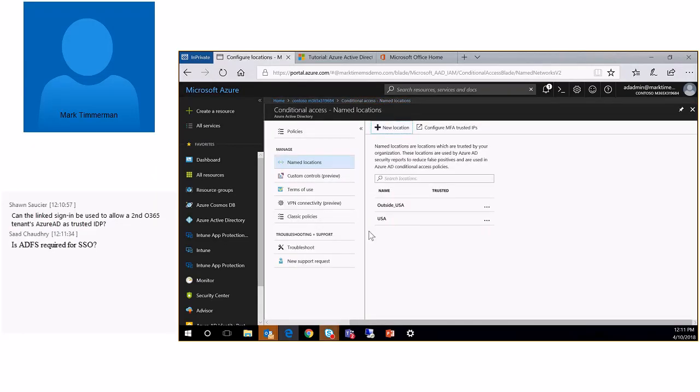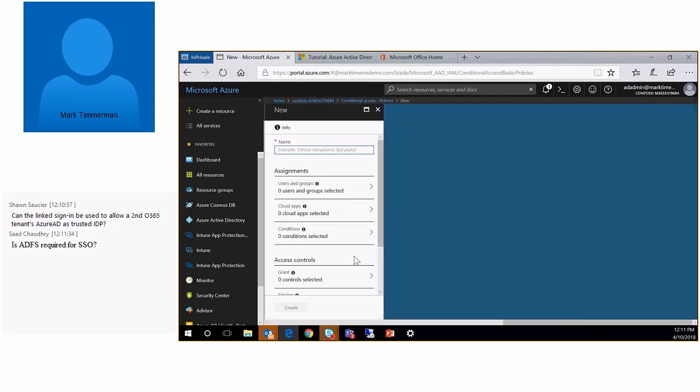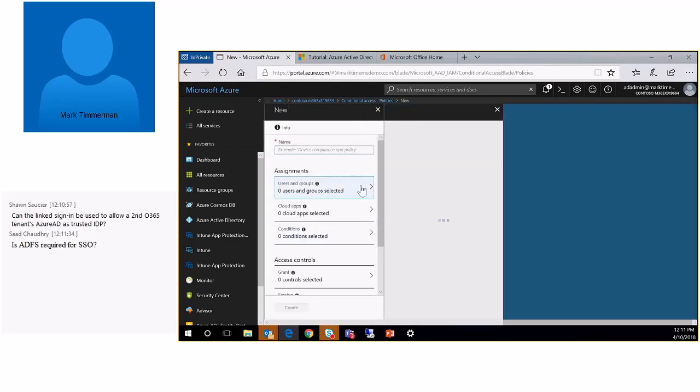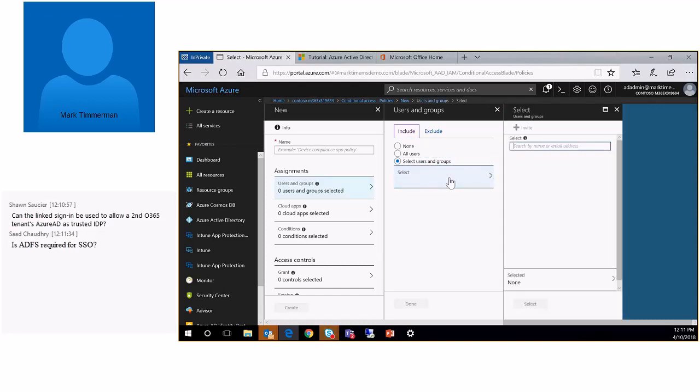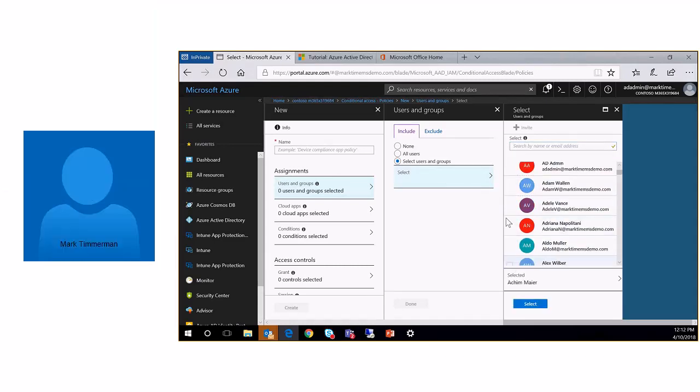So as I've gone through with the named locations, outside the US, inside the US, for just how I scoped them. So how I take and utilize those then is when I come into policies and I'm going through and building my access policy. This allows me to come in and select based on user, based on group. So however I want to apply permissions